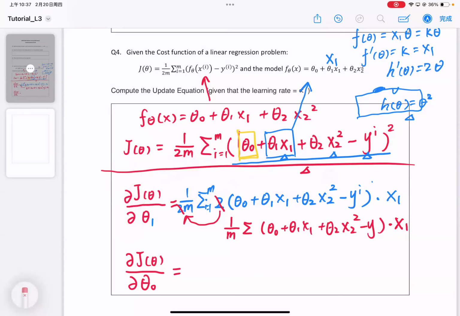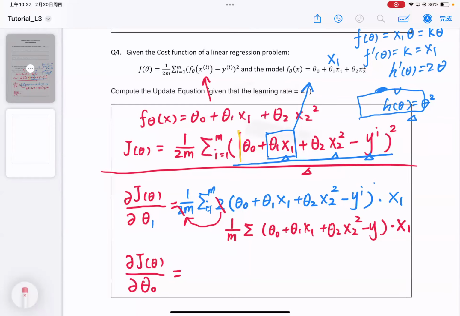Previously we were using theta 1 x1, now we are using theta 0. And when we are calculating the derivative of theta 0, it means